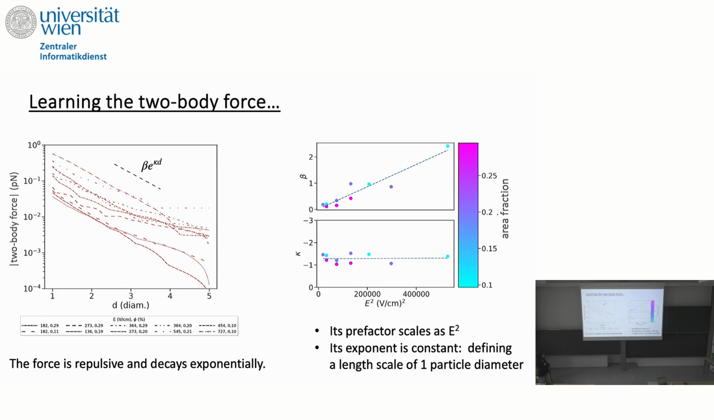And the two-body forces as a function of the interparticle distance showed us that particles interact repulsively with an exponential decay. And we could actually also characterize the prefactor and the exponent constant that defines a length scale of one particle's diameter. What we really liked was the fact that the graph neural network was also telling us when it failed,